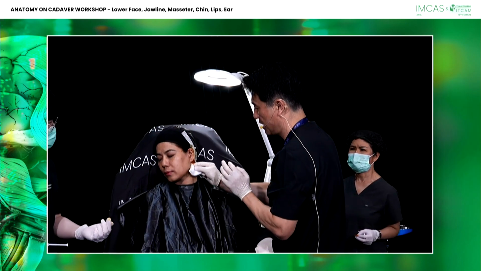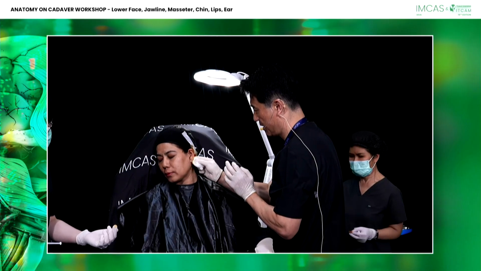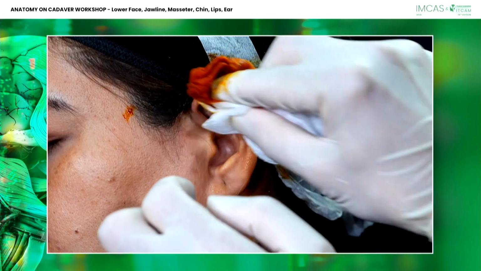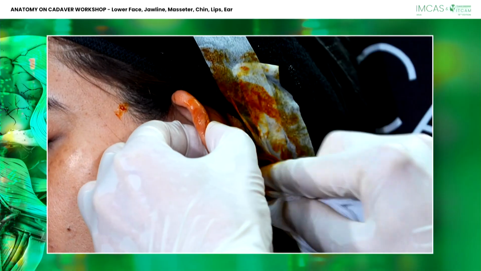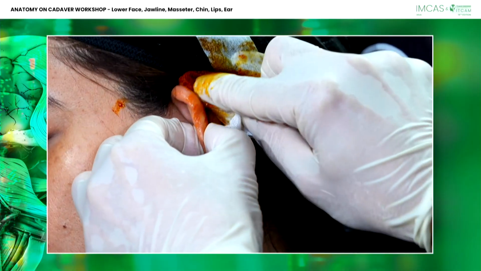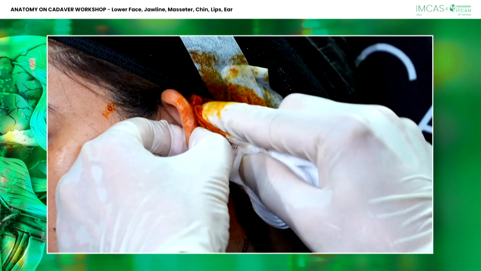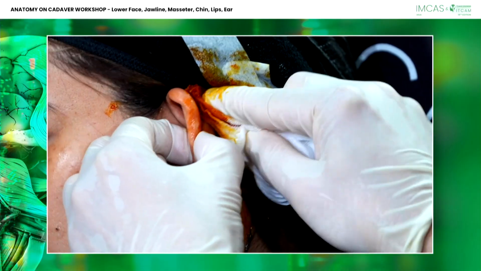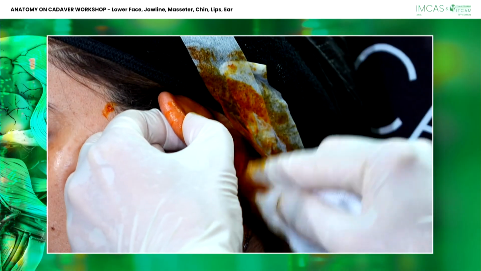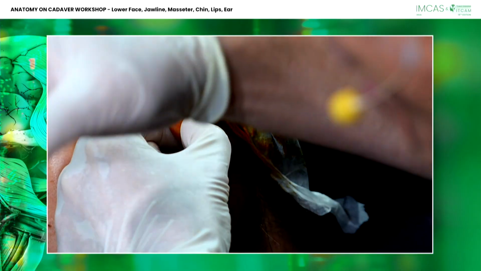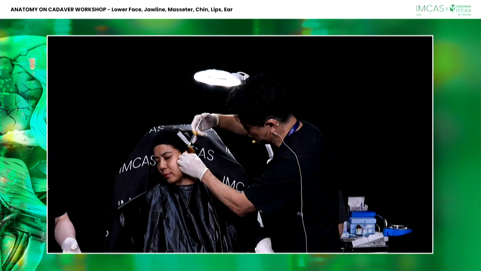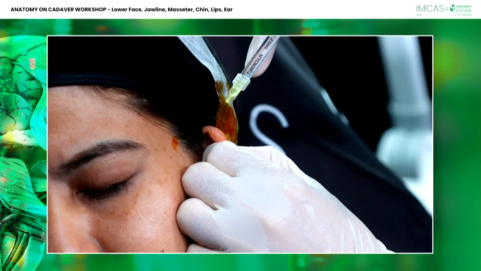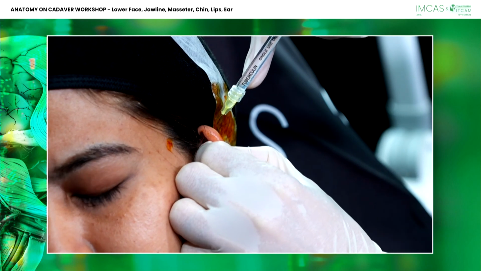It's because it's very near to the hair area, so it should be very, very aseptic, but it's relatively okay. Lidocaine. And as you see, the superior auricular artery is running here, so we make an entry point